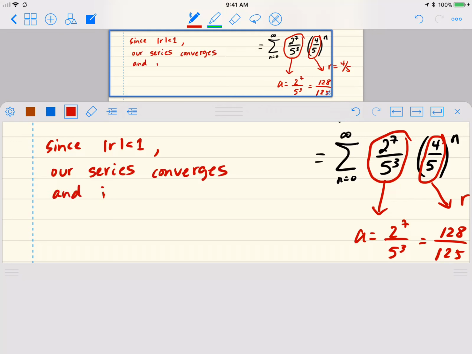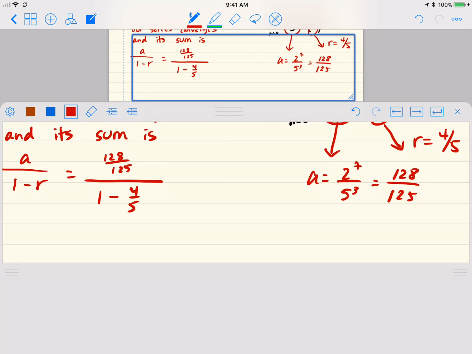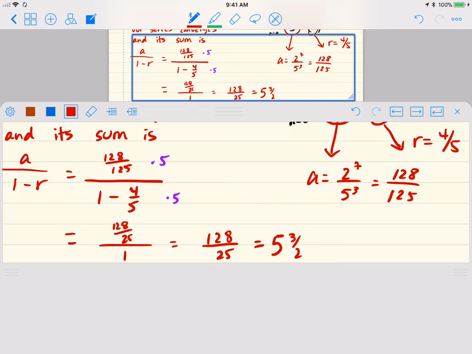And its sum is A over 1 minus R, which is 128 divided by 125 over 1 minus 4 over 5. And I can simplify that, multiply the top and the bottom by 5. And so we'll get equals denominator will be 1, and the numerator would be 128 over 25. So we get 128 over 25, which is like 5 and 3/25,